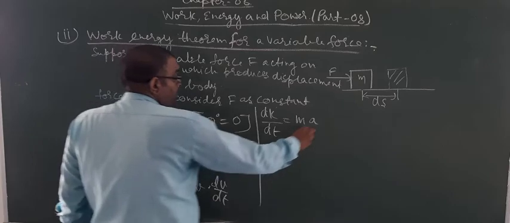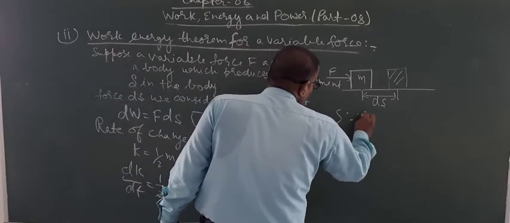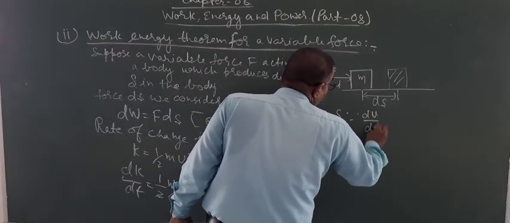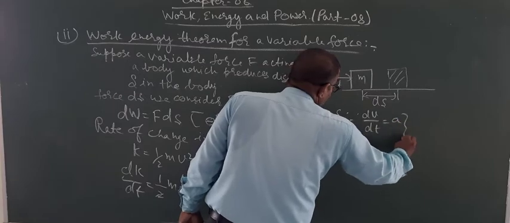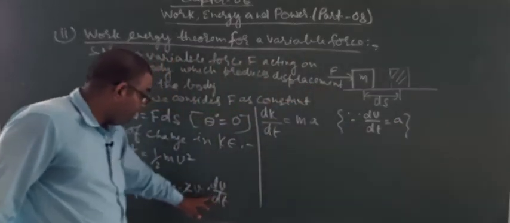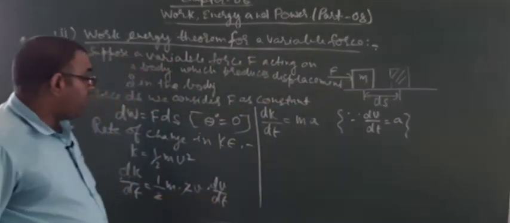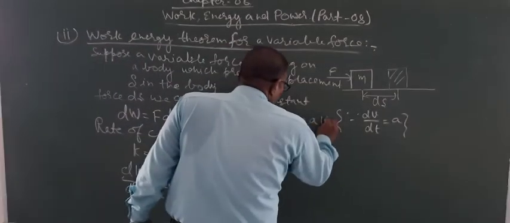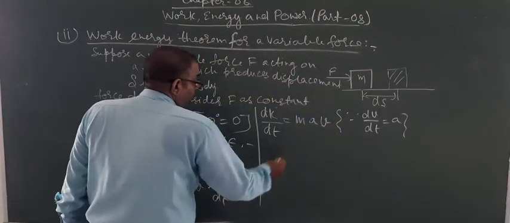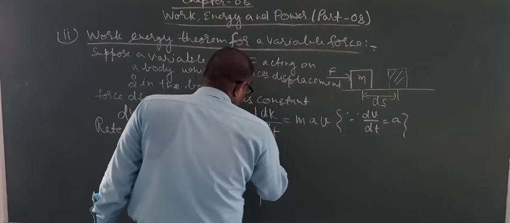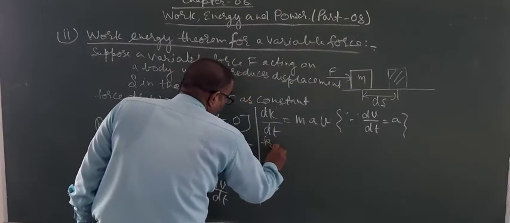You know that dv upon dt, rate of change of velocity, is acceleration, so we place dv upon dt as a into v, and you know that from Newton's second law,